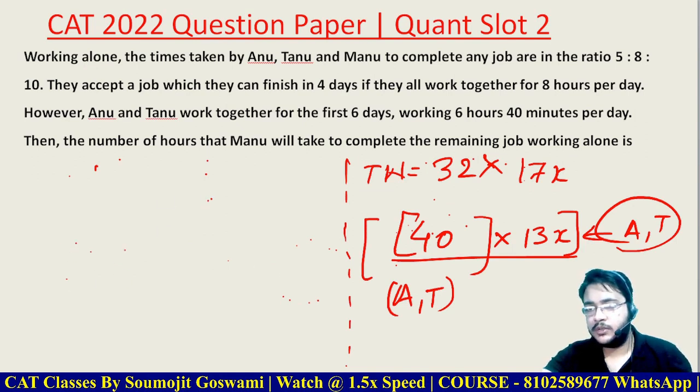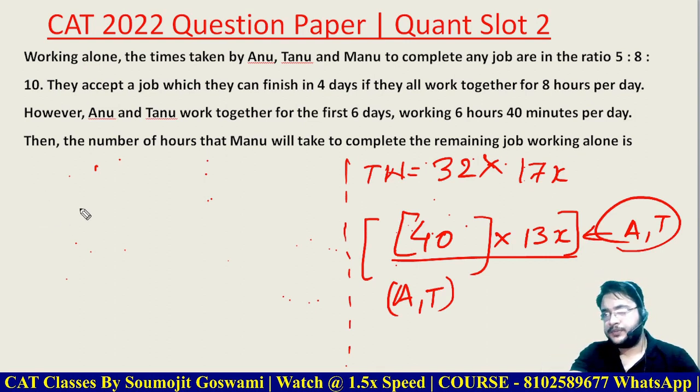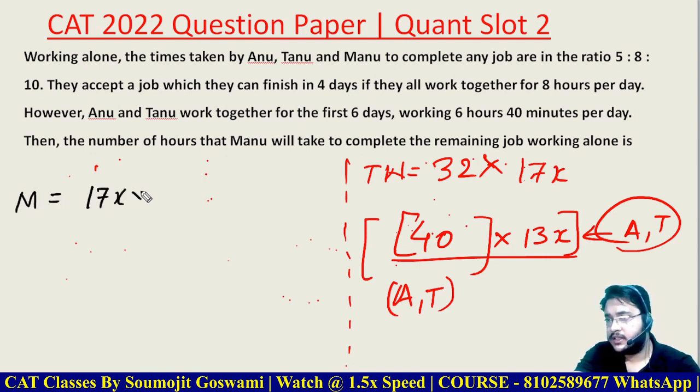Let me change the color. So for Manu, it is 17x into 32 minus 40 into 13x,